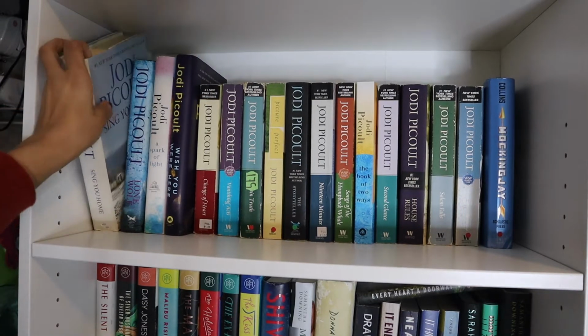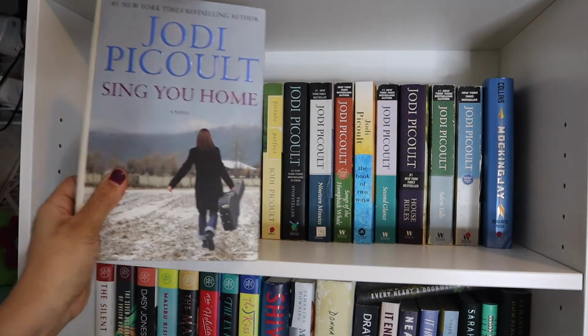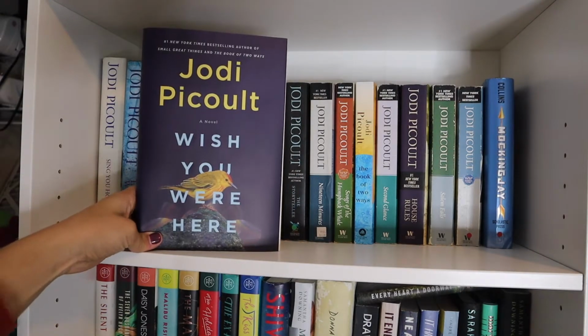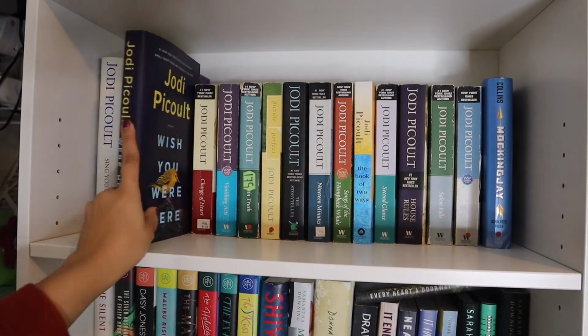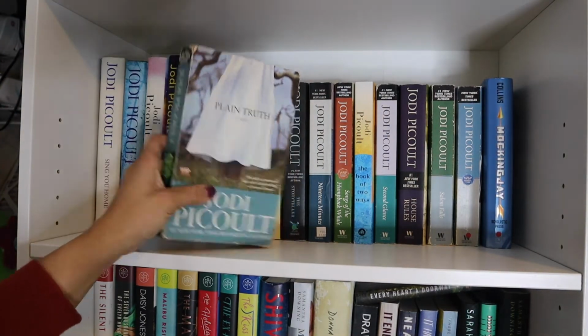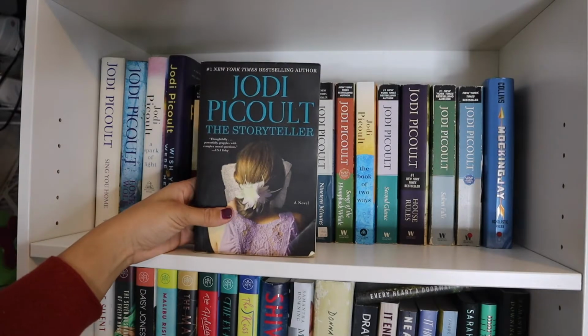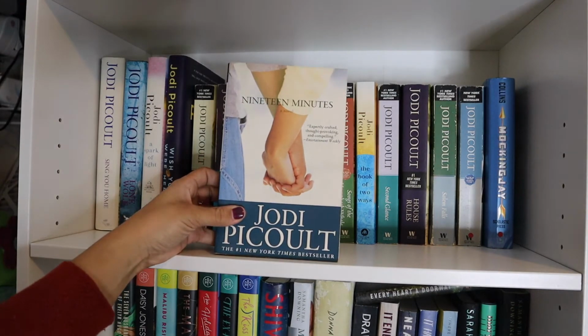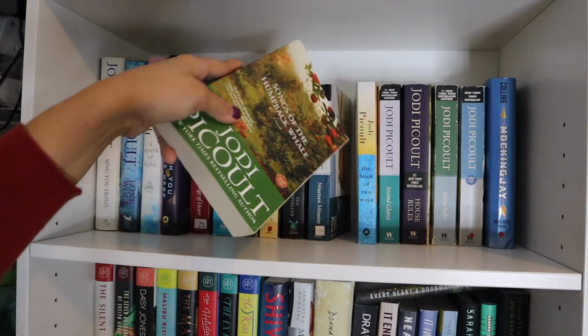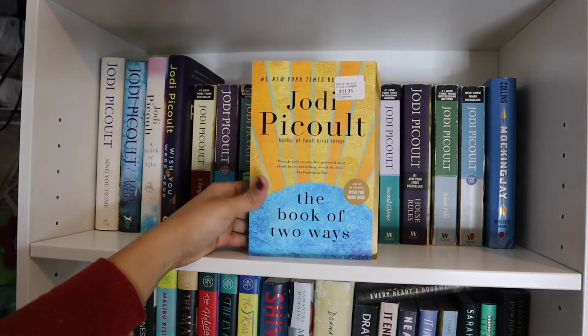The books that I have are Sing You Home, Lone Wolf, A Spark of Light, Wish You Were Here. This is her newest one that she wrote about the pandemic. Haven't read it just yet. Change of Heart, Vanishing Act, Plain Truth, Picture Perfect, The Storyteller, 19 Minutes, a classic, Songs of the Humpback Whale, which is my favorite Jodi Picoult and very underrated, The Book of Two Ways, actually I haven't gotten to this one yet either,